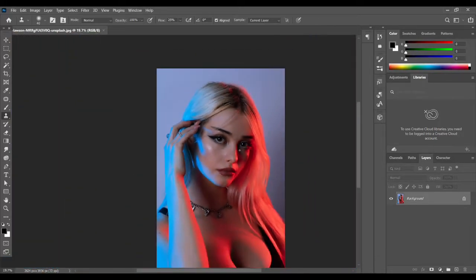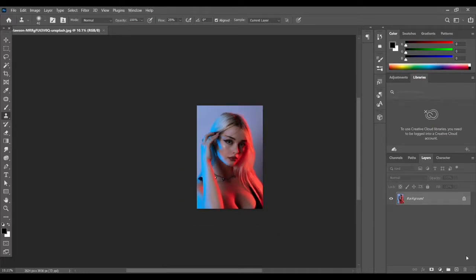So, first, make a duplicate layer of this background layer by pressing Ctrl or Command J. Just unlock it by clicking on the lock icon and name it backup and hide it. Now on the main layer,